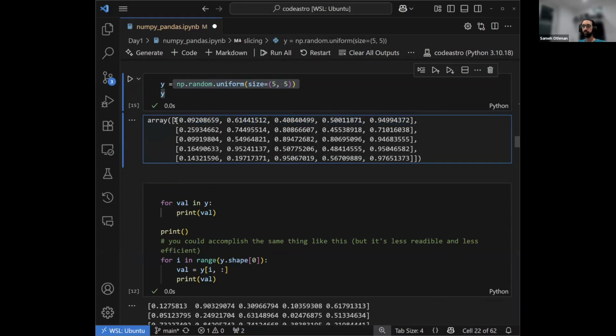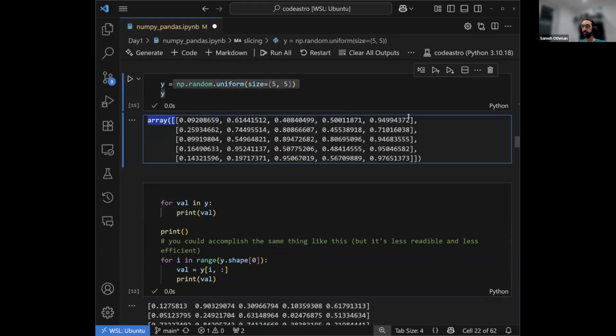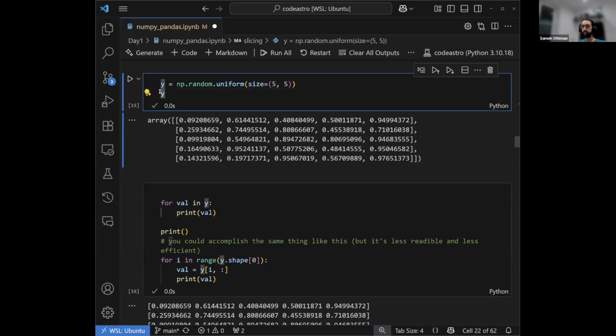It's a 1-dimensional array where each element is an array of 5 elements, like a nested array. So if we try to loop through them, it will take the first element and print it, the second element, and so on. So if we do as we've done before, for val in y, which is our 2D array that we have generated here,